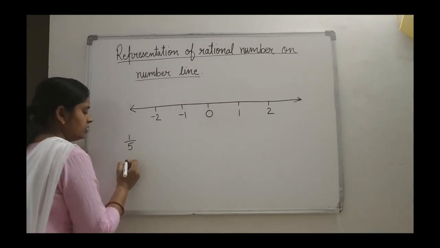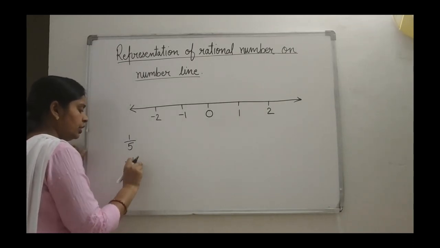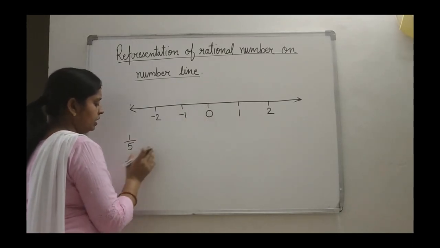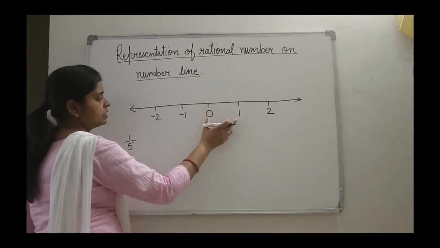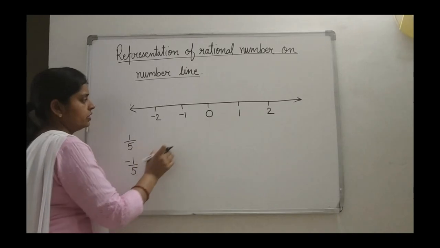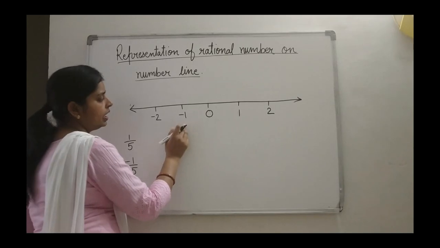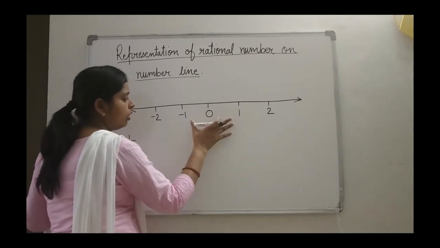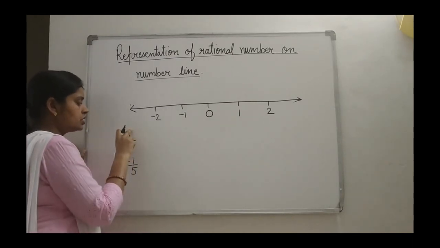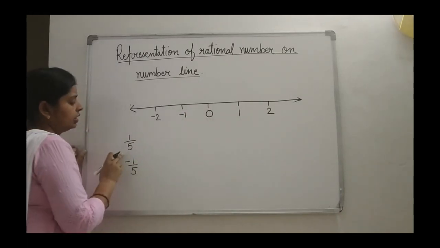If in place of this we have minus 1 upon 5, just see the numerical value, it is again proper, so this will lie between 0 and minus 1. All the proper ones will lie between 0 and 1, and if it is negative and the numerical value is proper, again this will lie between 0 and minus 1. Infinite rational numbers are there which will lie between minus 1 and 1. All those numbers which are proper in numerical value will lie between minus 1 and 1. Fine.